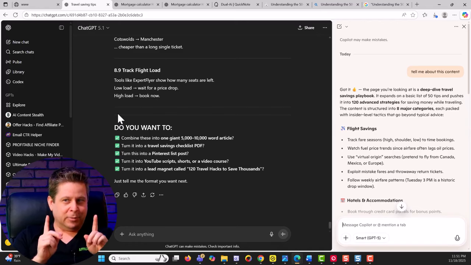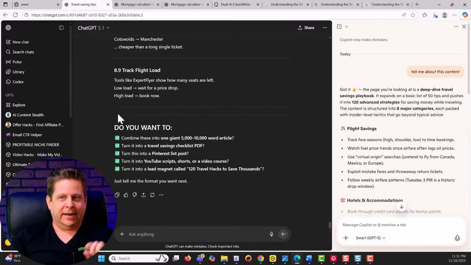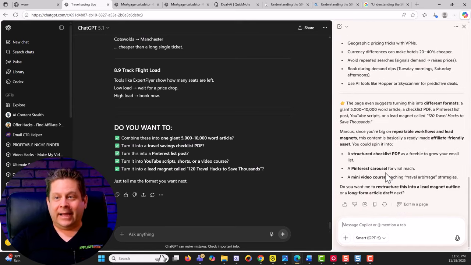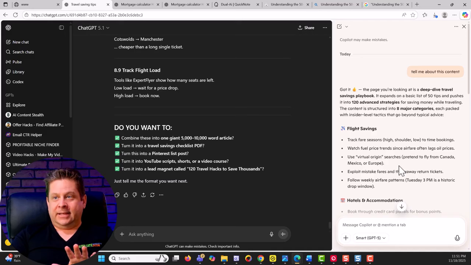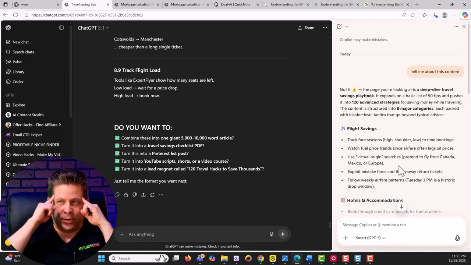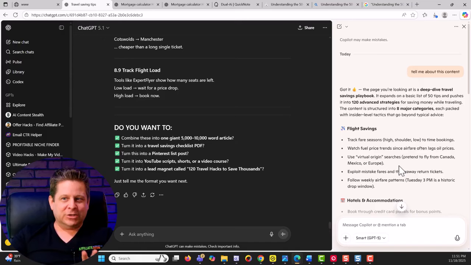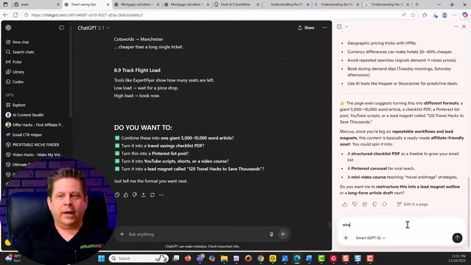Okay, this is super important because it's like the AI is going to play off the other AI. So now I can go through and I can see repeatable workflows is what it's looking at, all of this other stuff. We're seeing, okay, this is crazy good, and it's remembering what I want on that stuff, which is cool. So now I can go through and say, what would this look like if we had a master tool where someone can say what trip they want to take, where and when, and the tool